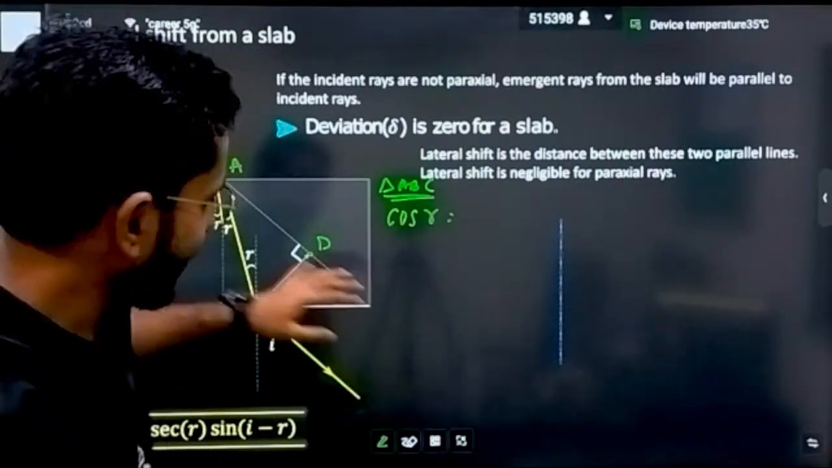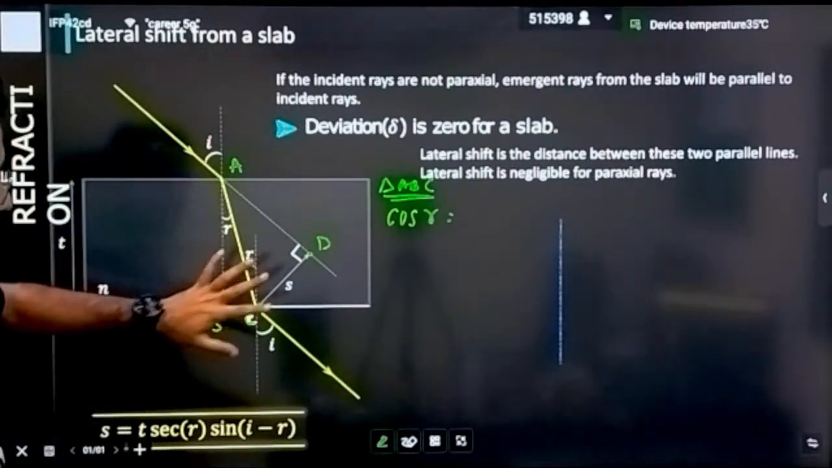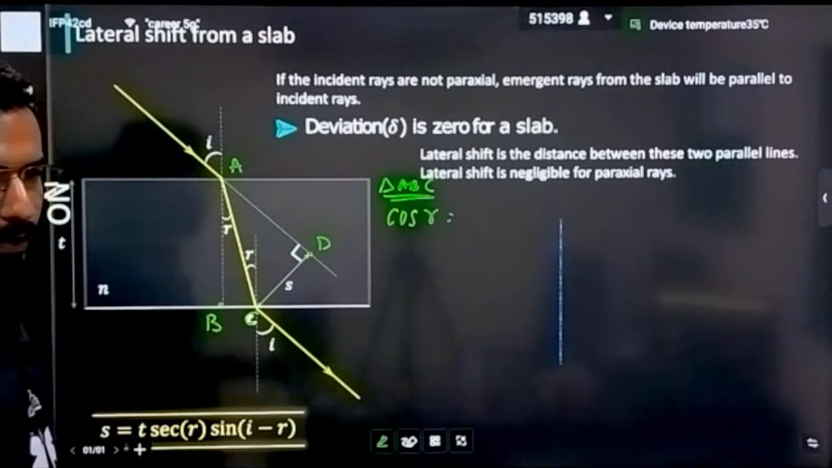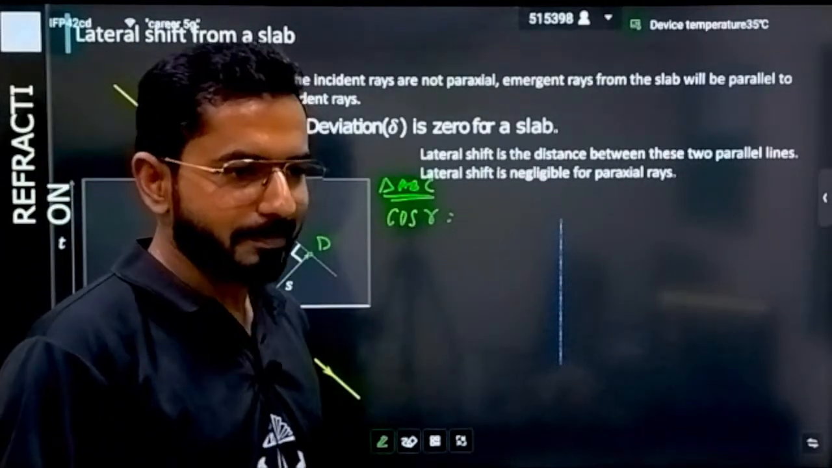Okay, study. See, in triangle ABC, it is a right angle triangle. If I ask you, tell me, can you find the distance AC? Because why? This is a process that